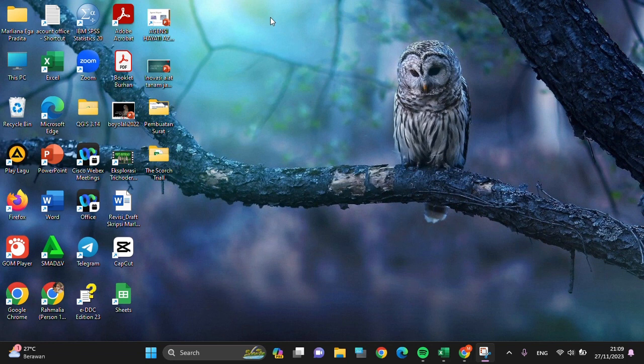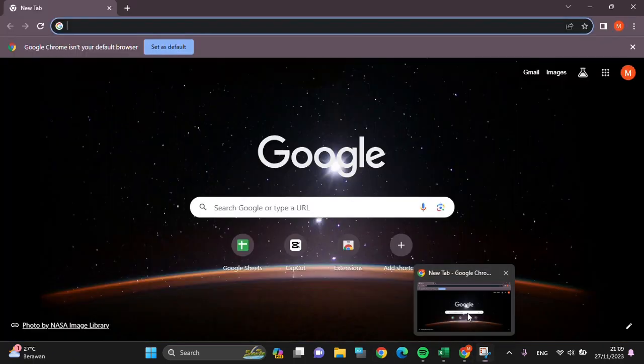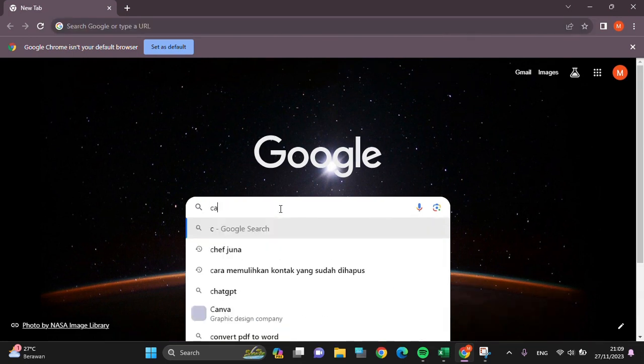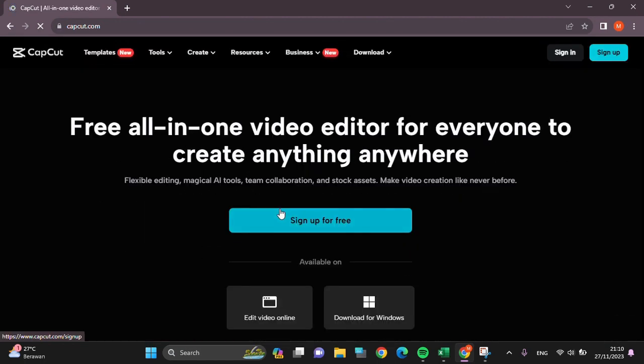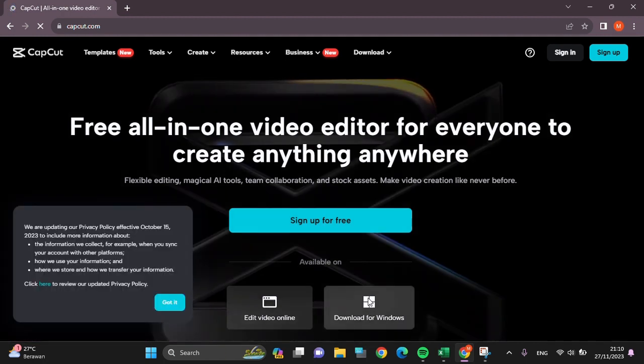Here I have opened my laptop, and if you want to get CapCut for our laptop, we have to open our Google application first. And I'm just going to open my Google Chrome, so just click on this Google Chrome application. Then we're going to search for CapCut.com like this and just enter. Then after that, if the CapCut.com has been opened, we can click on download for Windows right here, and after